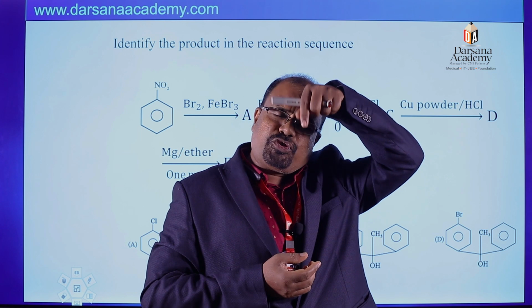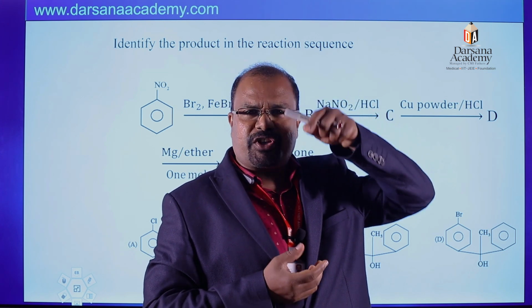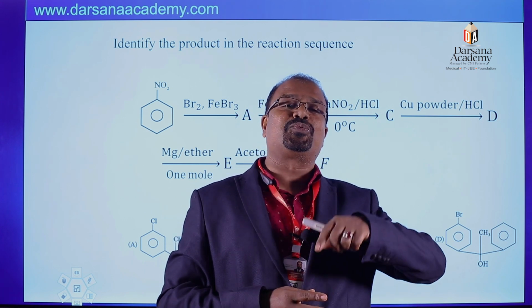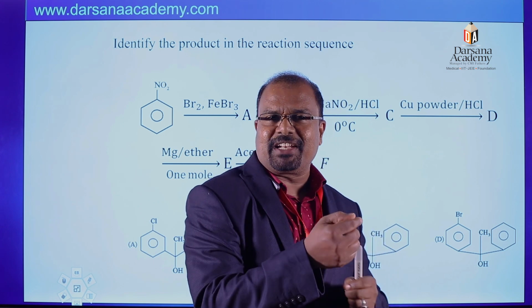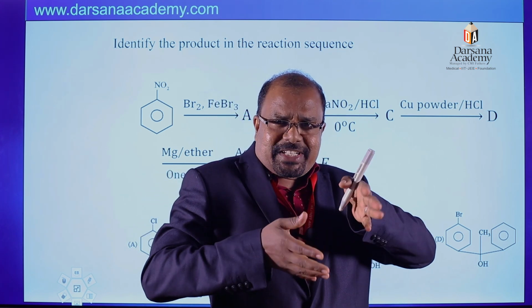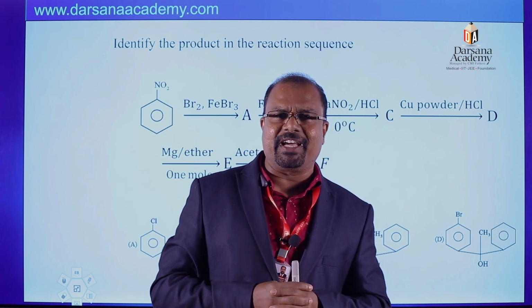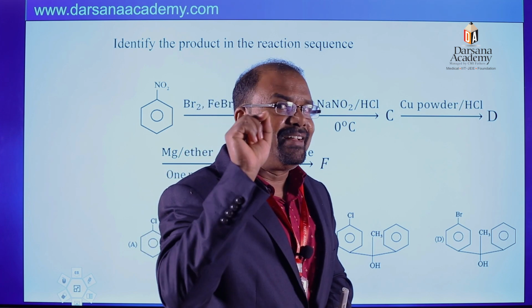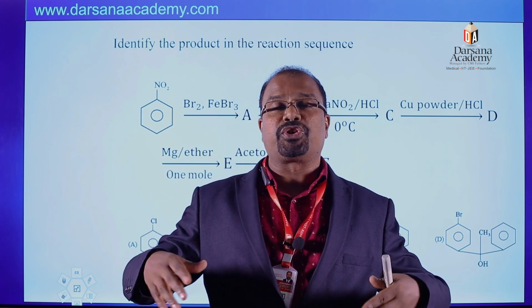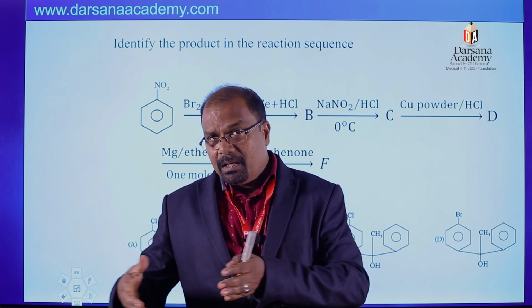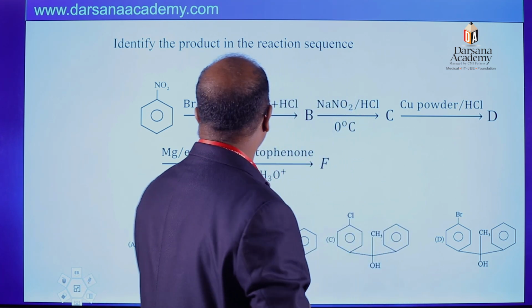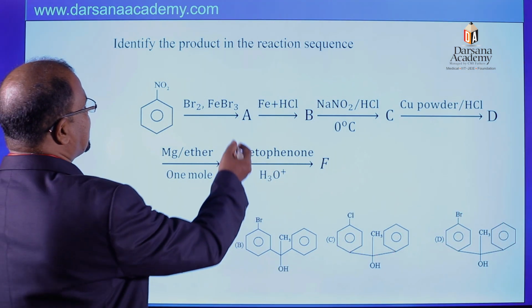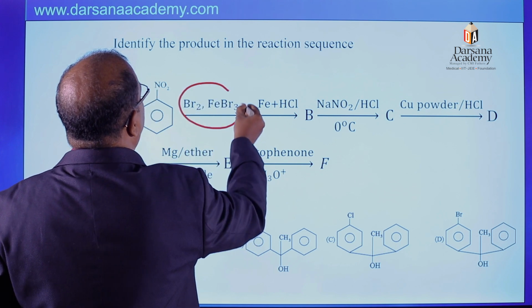If the substituents present on the benzene ring are -R or -I groups, or electron withdrawing groups, they are meta-directing, so the incoming substituent will attach to the meta position. If the groups have +I and +R, they are ortho-para-directing, so the substituents will attack the ortho and para positions. The para product is major or predominant along with the ortho product. So first, what is A for this question? This one is bromination, an electrophilic substitution reaction.